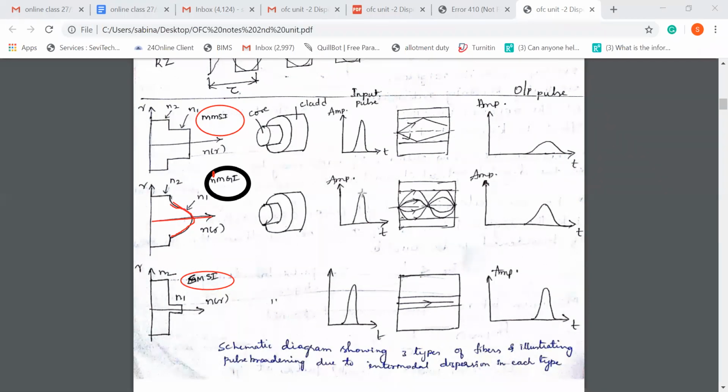This is my input pulse, and compared to the step index, in graded index you can see that the sharpness is a little better. So why is it happening? Whenever you are considering multimode, there are different refractive indices in this core. So you can see that at this point,